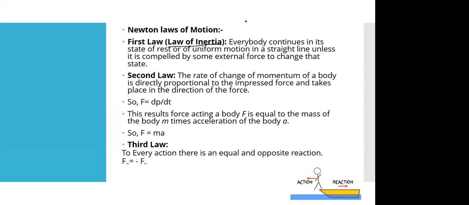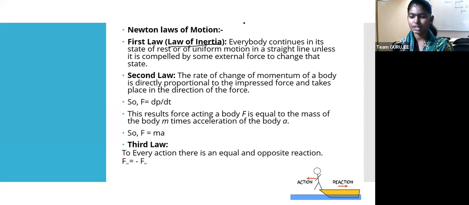Ma'am, the inherent property of the body to change its state of rest, or uniform motion. Right. So inertia is nothing but a term for the body itself, right? Whether it is having the capability of moving or staying there, that is what your inertial state is. Some body is in an inertial state means it is in a continuous motion or in a rest phase. And law of inertia means only an external force will change the motion of your inertial body.